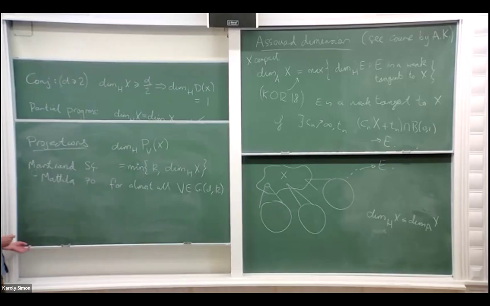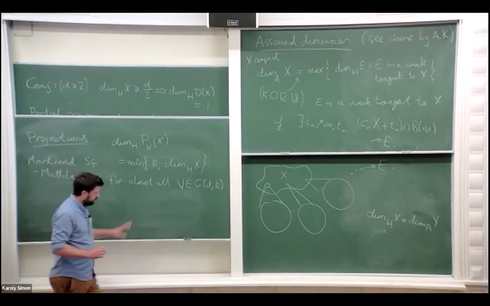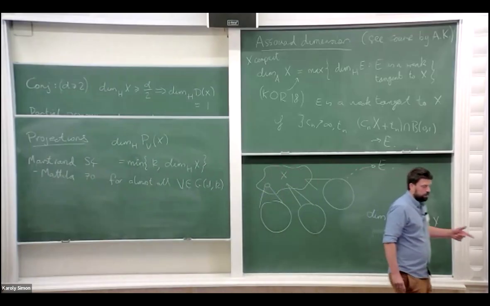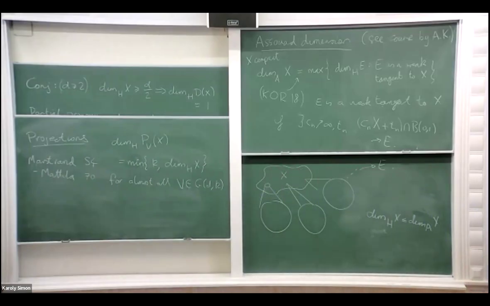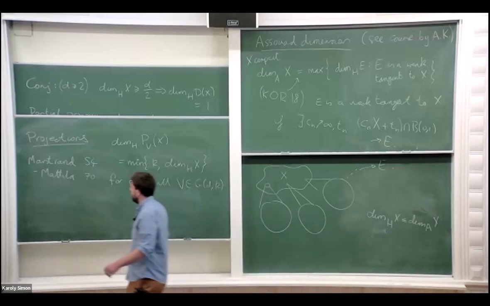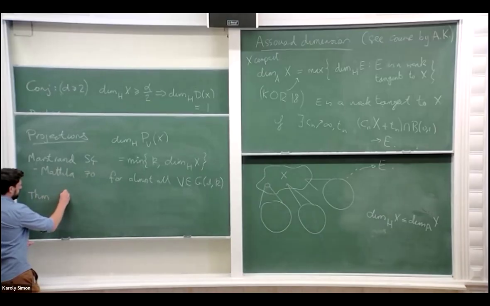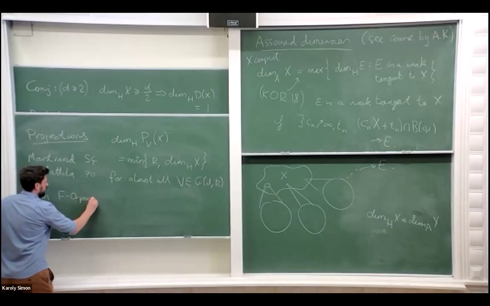So I want to use linear projection. This is linear because I'm projecting onto linear subspaces. I want to use linear projections to study this Assouad dimension problem. So I should probably first try to understand Marstrand's projection theorem in the context of Assouad dimension. This is something that I worked on some years ago. This is something I proved together with Thomas Orponen in